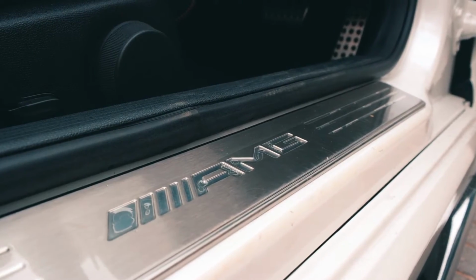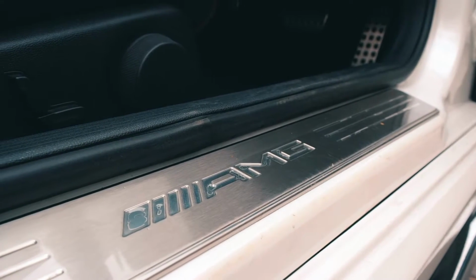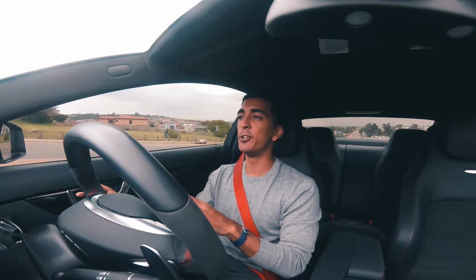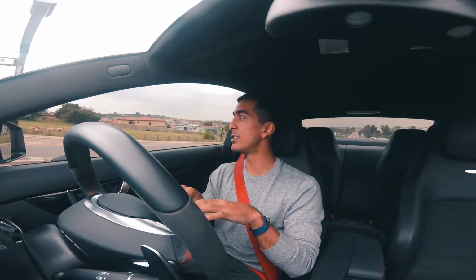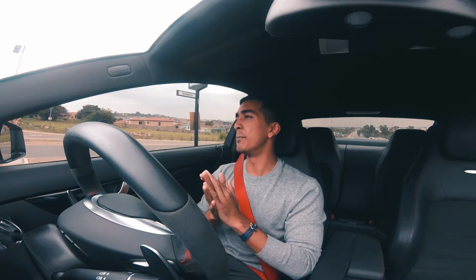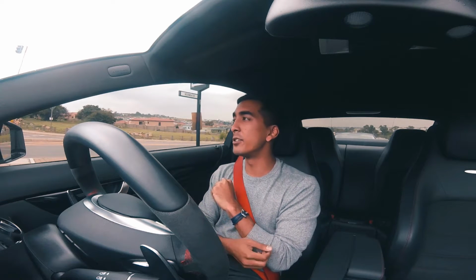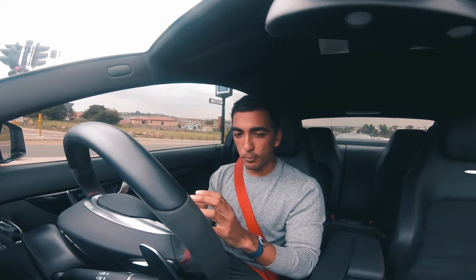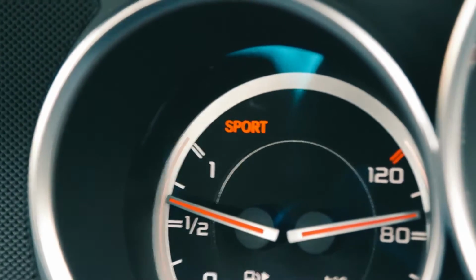And to drive, I tell you, comfort mode is okay. Although it's not adapting the suspension, because this car is permanently stiff, comfort mode lightens up the wheel and the parameters around the pedals, and that makes it easier to drive than normal. But then you go into a sport mode, because it has sport, sport plus and manual,